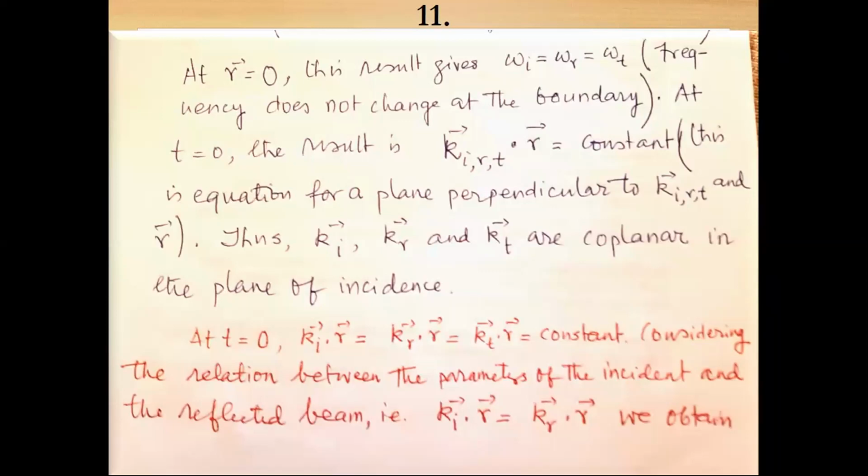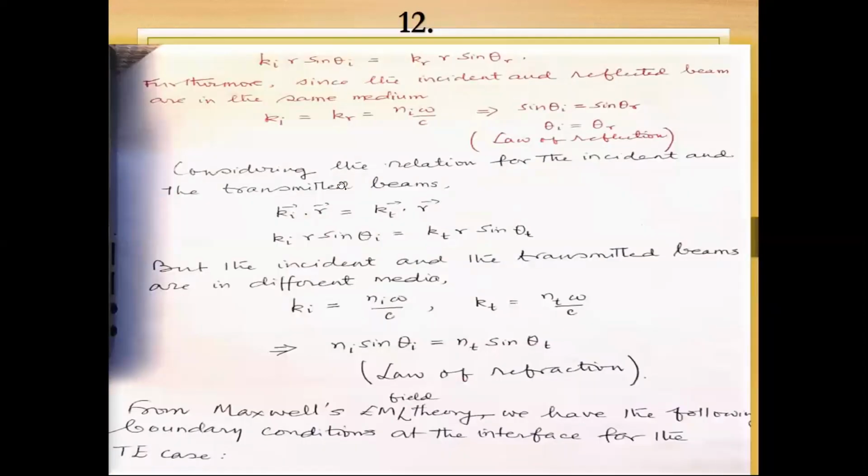Now at t equals 0, since Ki dot r, Kr dot r, Kt dot r are constant from phase matching, considering the relation between the parameters of the incident and reflected beam, we have obtained Ki dot r equal Kr dot r. And this finally leads to, please go to the next slide. This finally leads to,